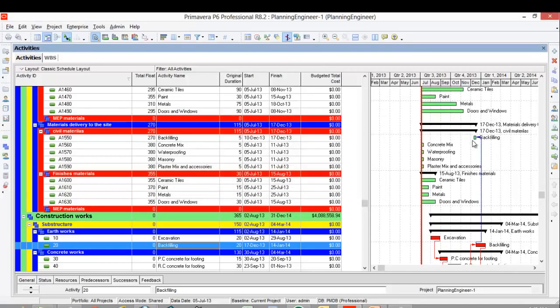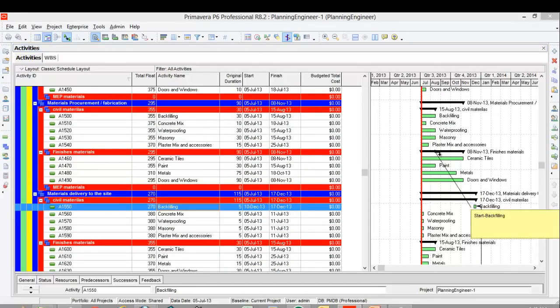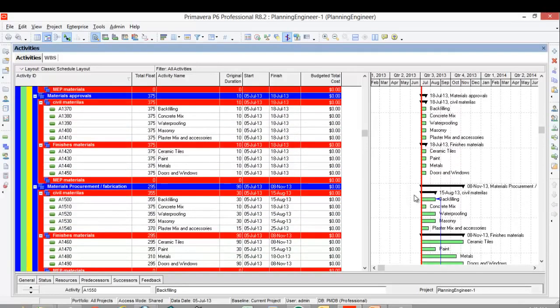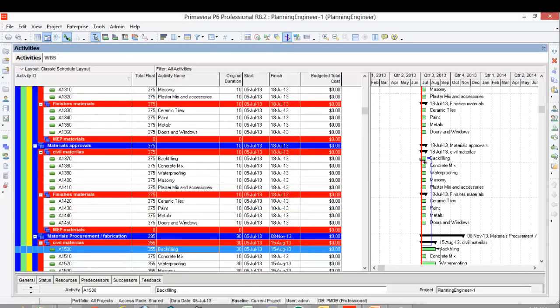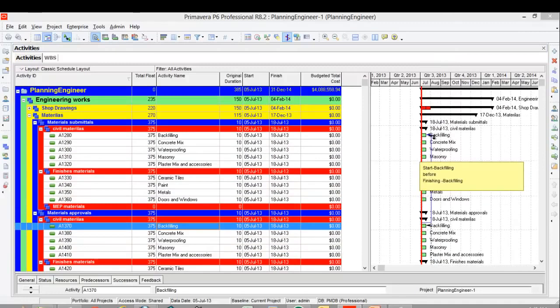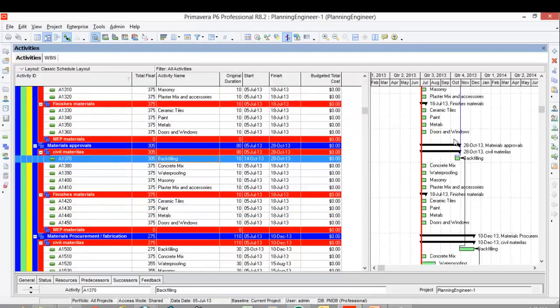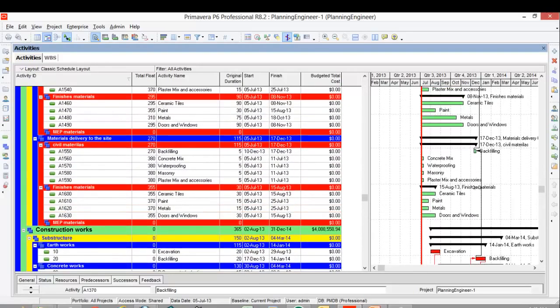See, this one gives me the latest date this material should be delivered to the site in order to start the backfilling. So I'm going up again, start to finish this material procurement, and start to finish here, and the same for the submittal. It will give me the correct sequence of when I should submit the material to the client in order to have the material on site on time and not delay the